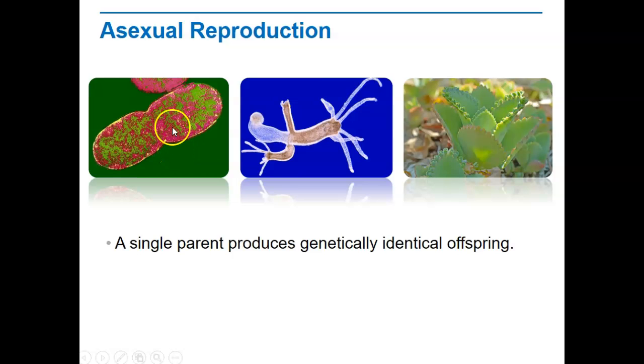That's pretty simple. Okay. Now this middle thing here, this creature is called a hydra. So now the parent is here. I'm kind of outlining the parent, and it has some tentacles on one end, and then a long body tube here. And actually, it's creating two offspring by something called budding. So there's one baby kind of growing out of this side,